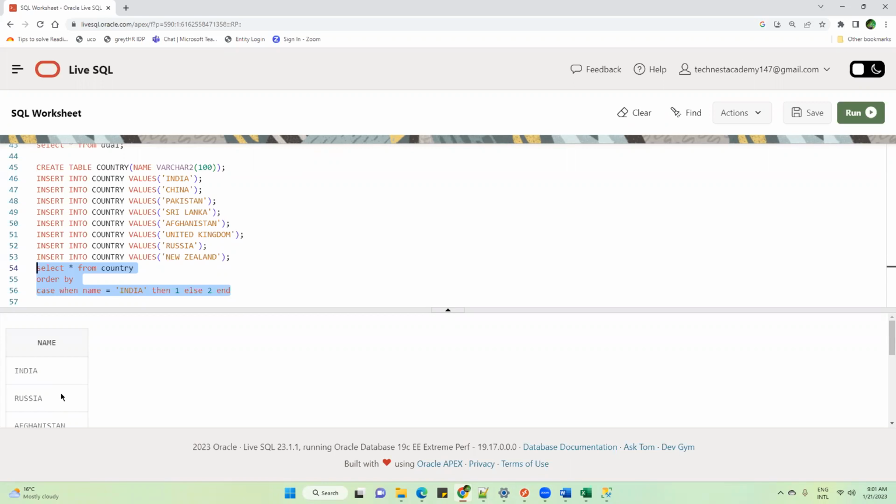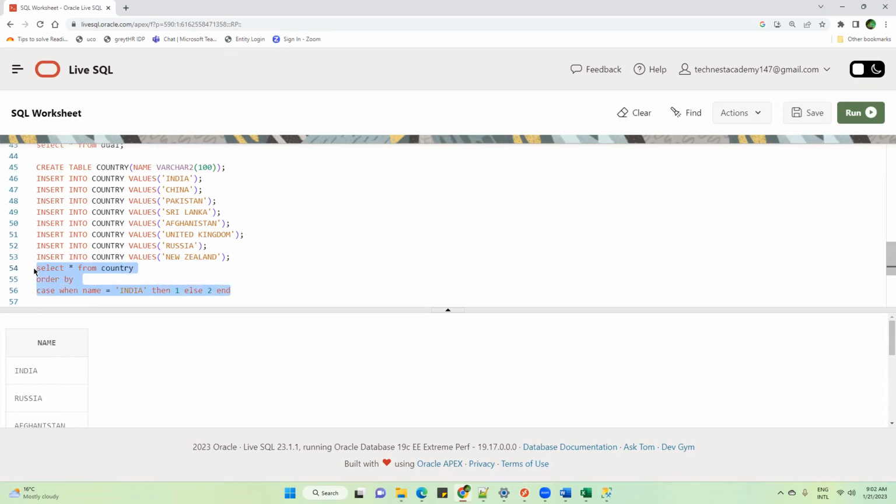India is at the top. Okay. But Tanvir, all the other countries are not in ascending order. That is what you're asking, right? I will answer that. Just a minute. Hold on. We'll discuss it. So India is at the top. That was the first requirement. I agree that all the other countries are not in ascending order. We'll discuss it. Ignore that part.